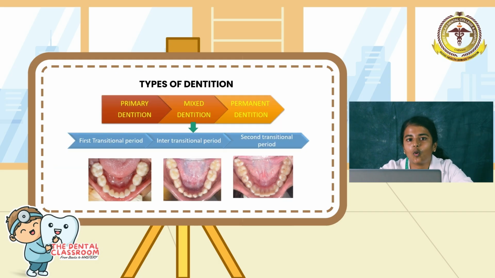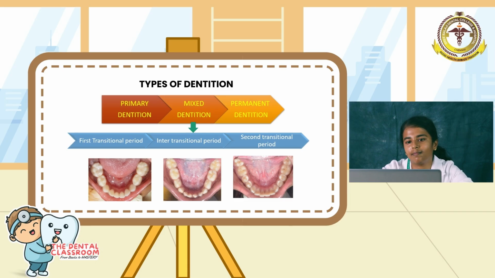The dentition of the human being is divided into three stages: primary dentition, mixed dentition and permanent dentition. Primary dentition, as we said, is called milk teeth and has 20 teeth. In mixed dentition, the primary teeth are gradually replaced by permanent teeth, and it is divided into the first transitional period, inter-transitional period and second transitional period. The third period is the permanent dentition period,